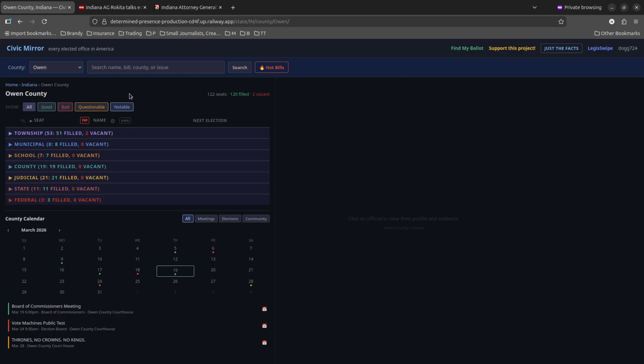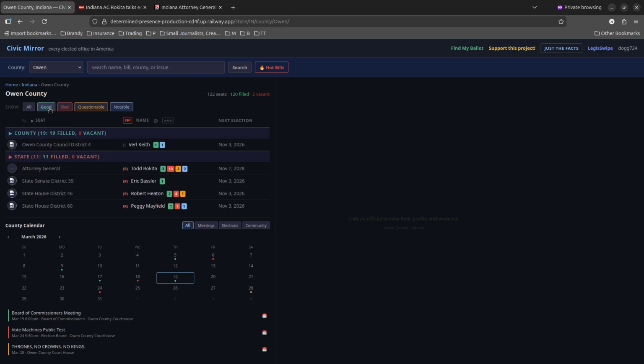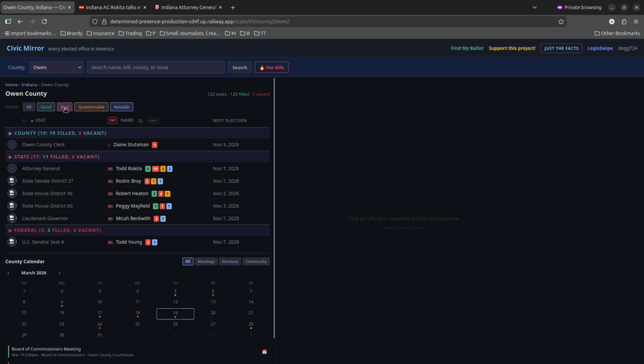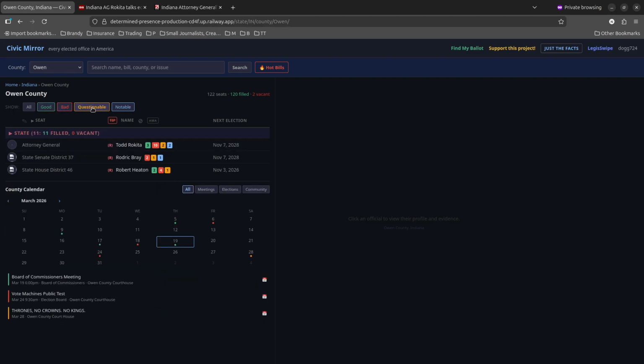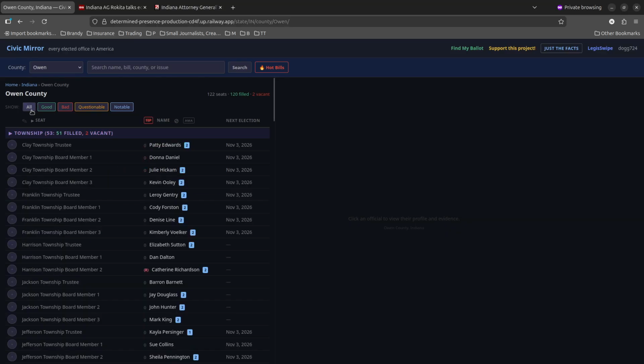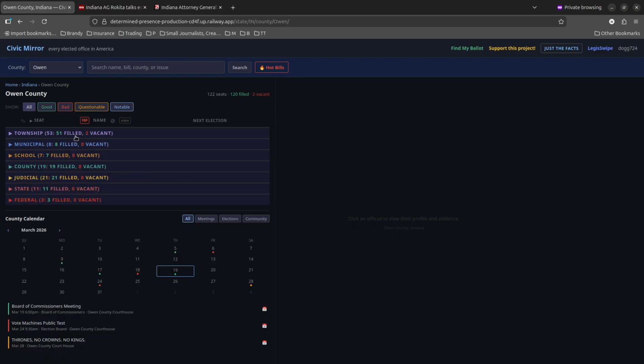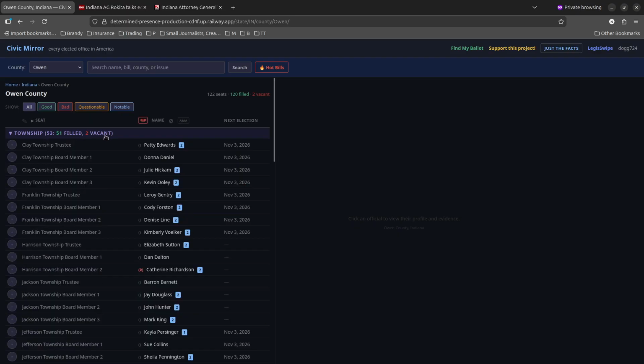These buttons filter what information you see about each person and if they have any information about them. If you click good, people with good things tagged about them pop up. Bad, people with bad things pop up. So on and so forth. Just go back to all. Make that panel go back down. Close it up. If I open the township here, you can see, at least for Indiana, some of the people